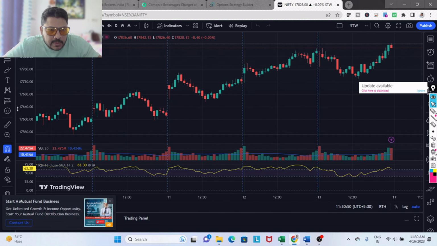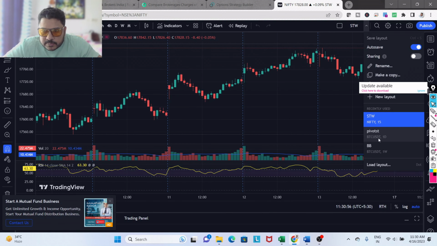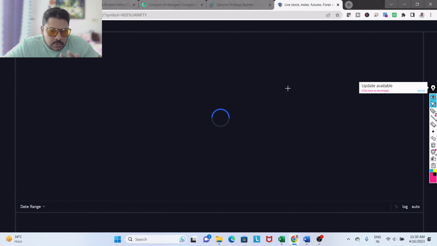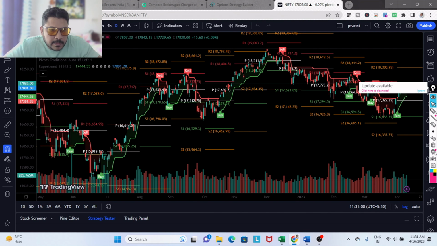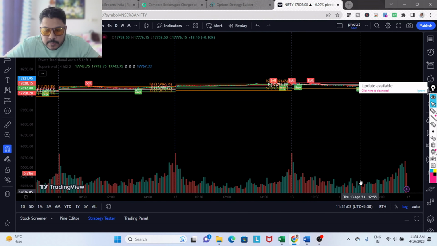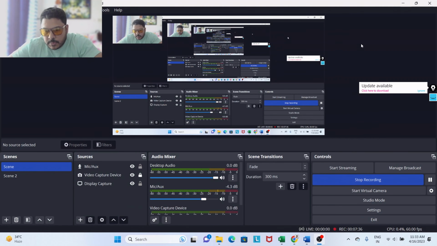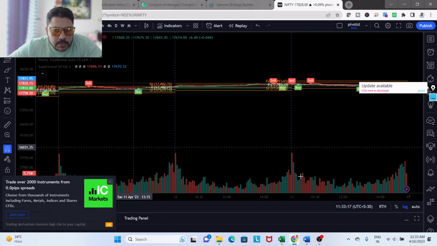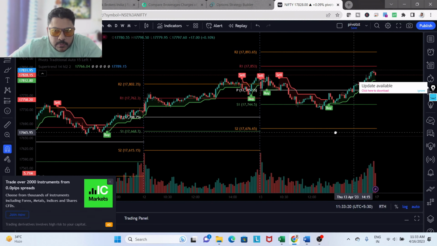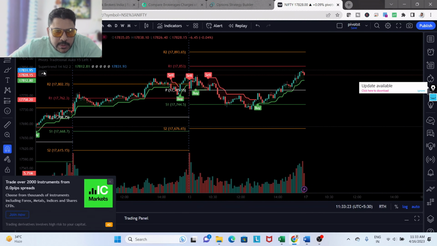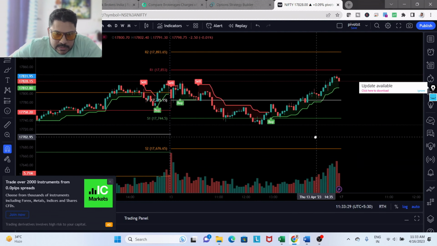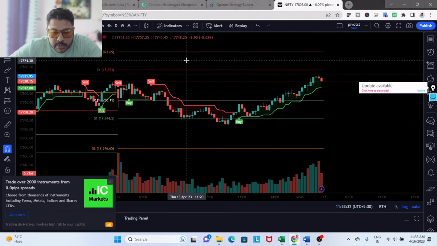So now, for example, if you want to get started, I would suggest you get started with a simple pivot and super trend setting. Okay, so what you can do is a simple thing like apply a standard pivot point and super trend trading. 14 and 2 is the setting. Okay, so you try practicing this,